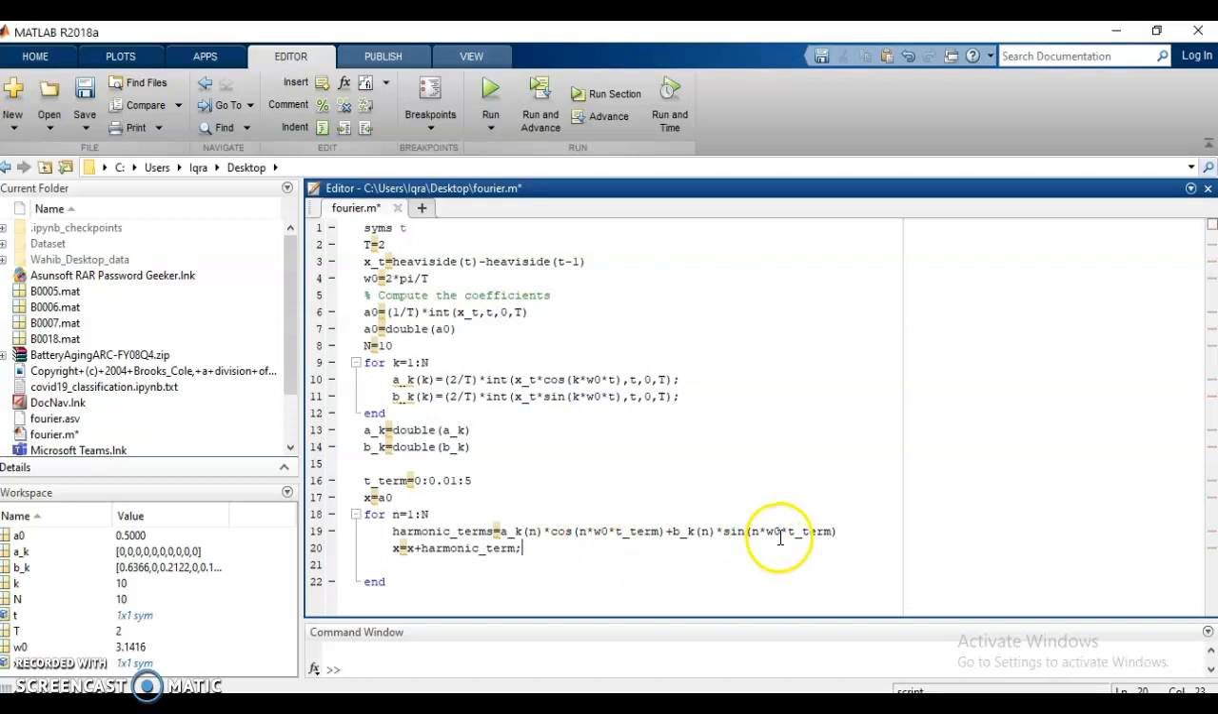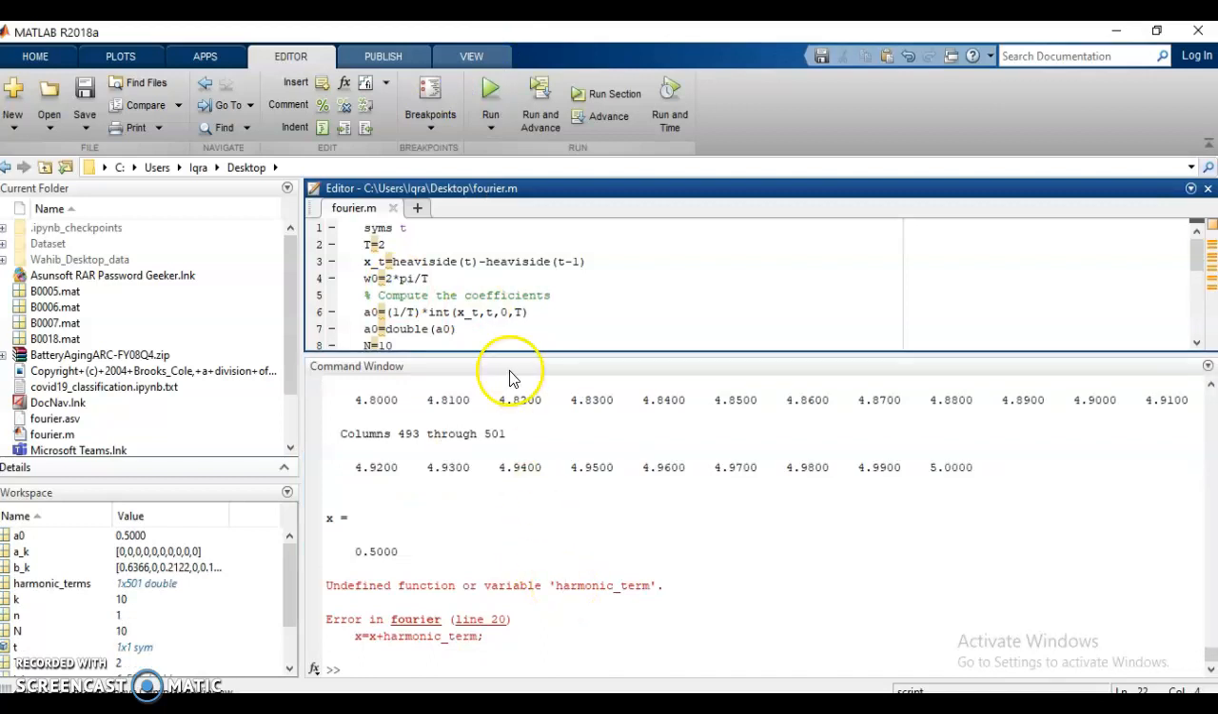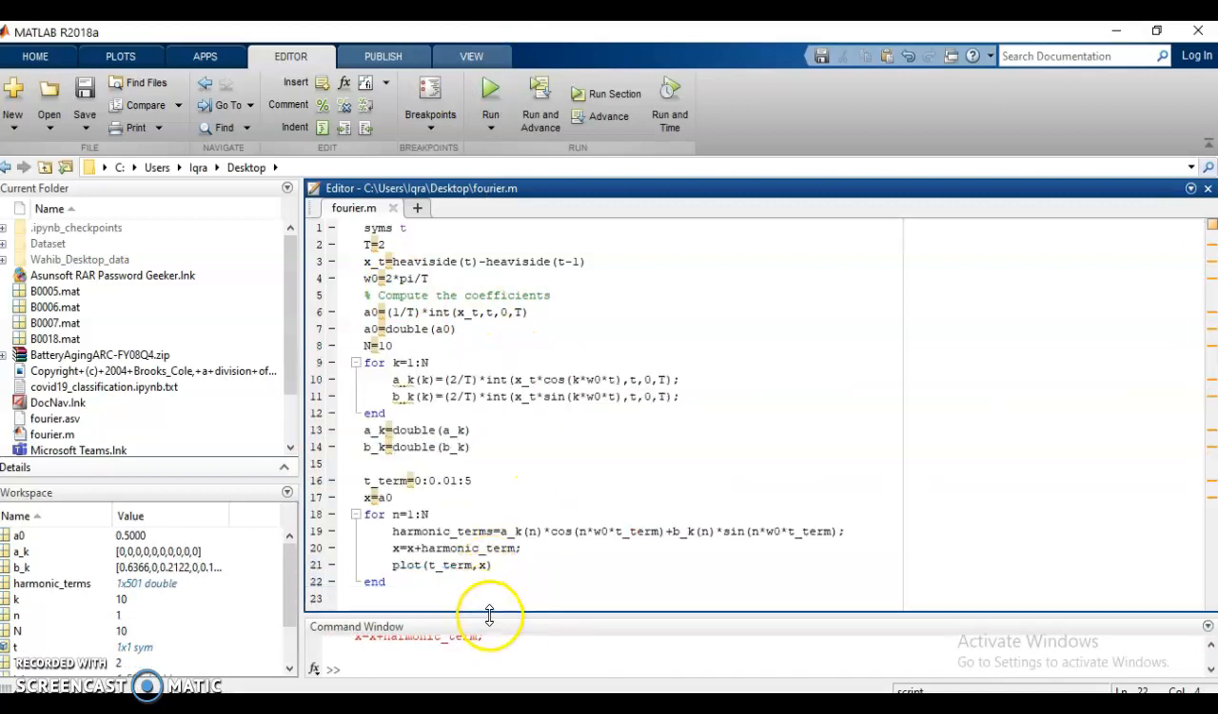Let's not display them here. Once again, I would say the same, and we will display it later at the end. Or what you can do is you can simply plot inside and you can see the result. So for each t term you can plot the signal x and you can see the results evolving. Okay, so let's run it and see what happens. Okay, we have got the error. Harmonic term is undefined. Okay, so it's harmonic terms, not term. Okay, so let's run it now,